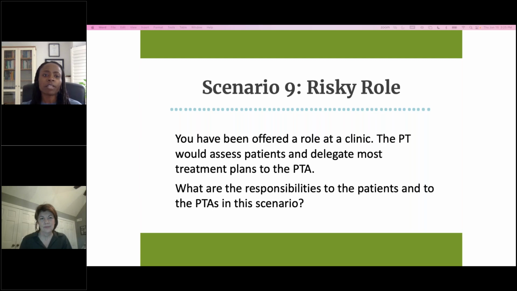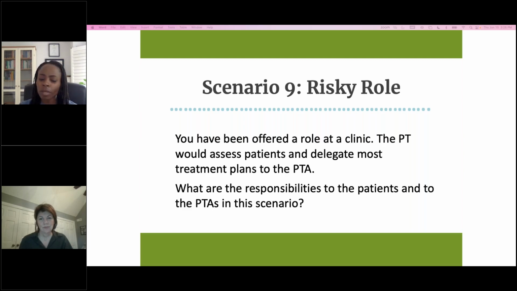So the physiotherapist certainly has lots of responsibilities to both the patient and the PTAs before proceeding with this kind of scenario. Firstly, again, the physiotherapist always remains responsible for conducting that assessment, right? And developing the patient management plan, coming up with that treatment plan. As we know, each patient will have different needs. And based on this, they'll have different goals,